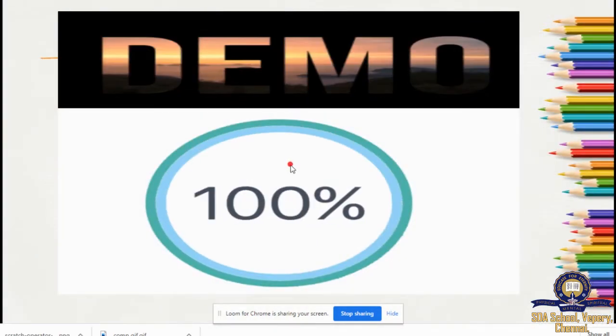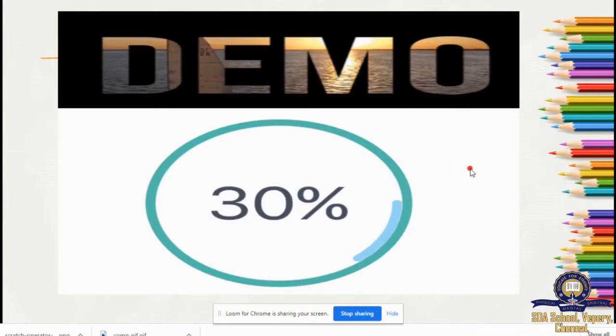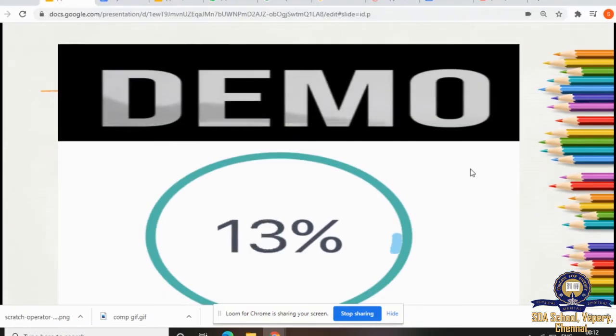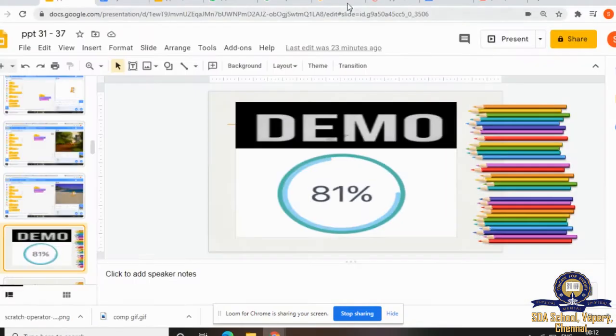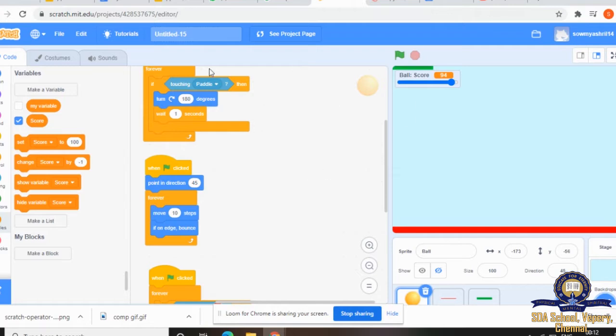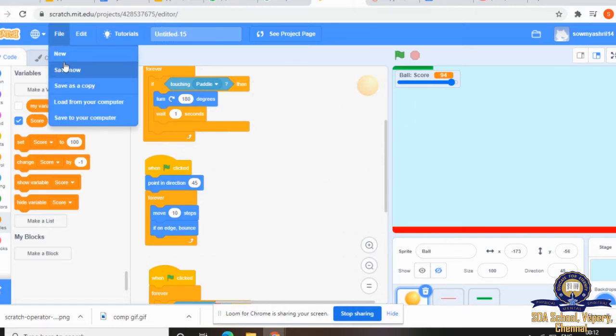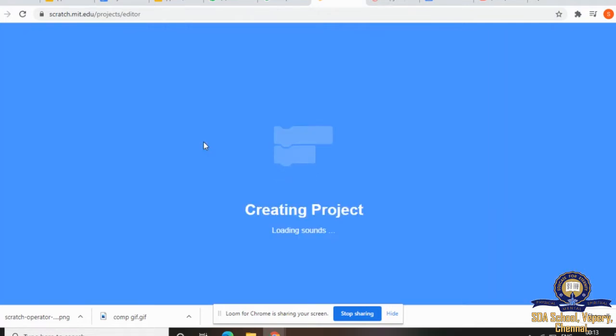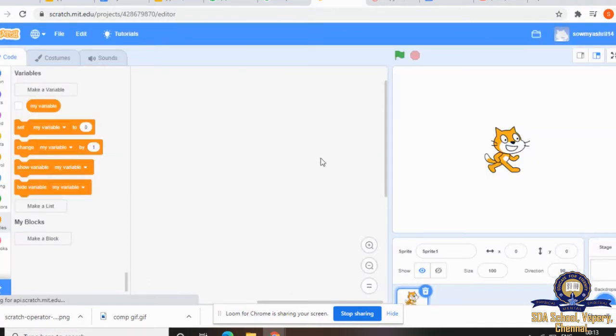So we'll see a short demo now. We'll go to the Scratch website. We'll go to new file. I already have an account in Scratch, so I can open it easily.